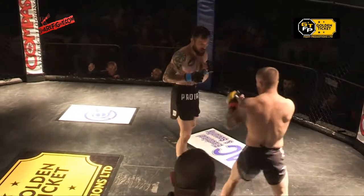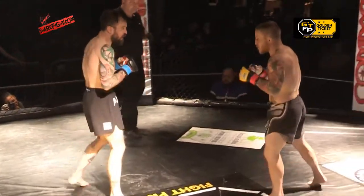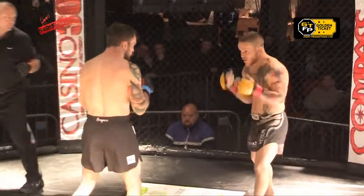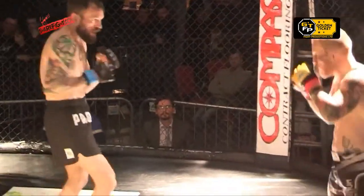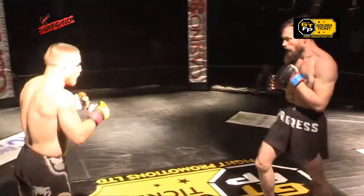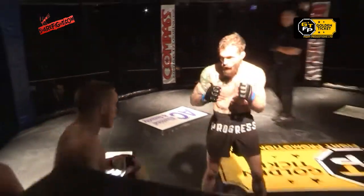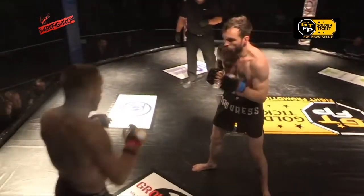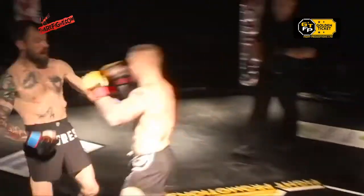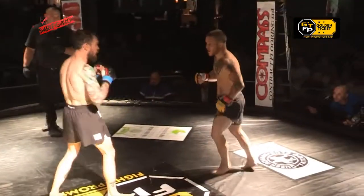Chris trying to be the matador there and usher Creighton onto the right hand. Creighton with the high kick. Difficult to land on a guy who's that much taller than you. But it's keeping Chris Garry guessing. This is the best Bryan Creighton we've seen for a while, I think, Steve. Yeah, he's listening well to his corner as well. I think if there's ever been one criticism, sometimes he gets wrapped up in the fight and forgets that he's got guys there